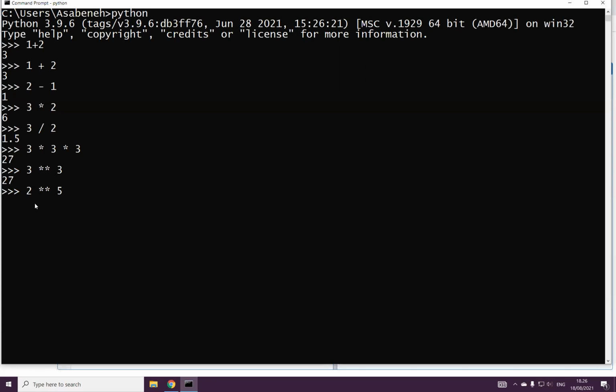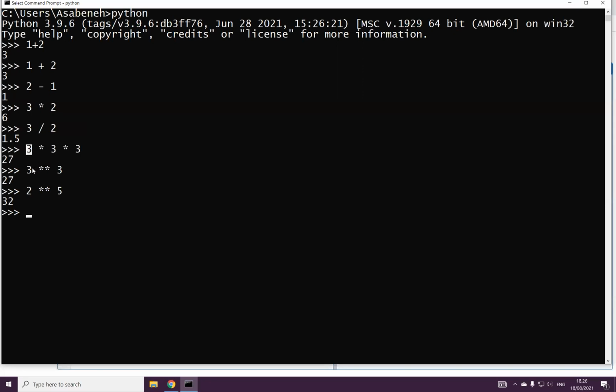Yes, great. Now, as you can see, this means to the power of 5. Great. So no problem with my screen. Everybody sees it now. Thank you. So as you can see now, everybody sees what is here. We did addition, subtraction, multiplication, division. It's so easy, right? And also we can multiply